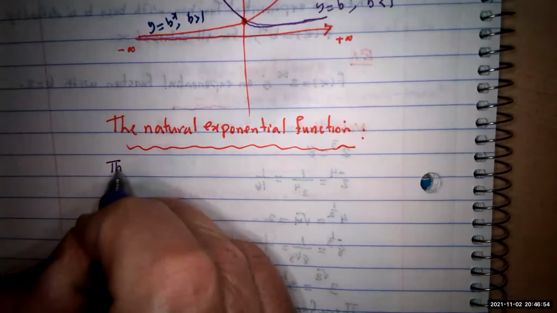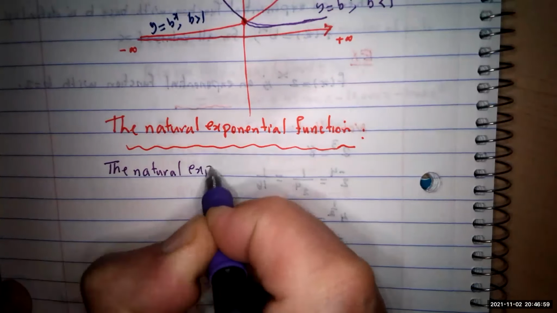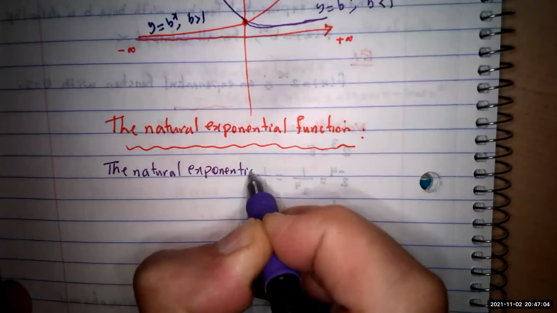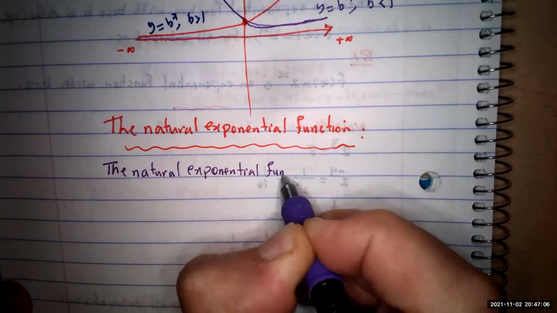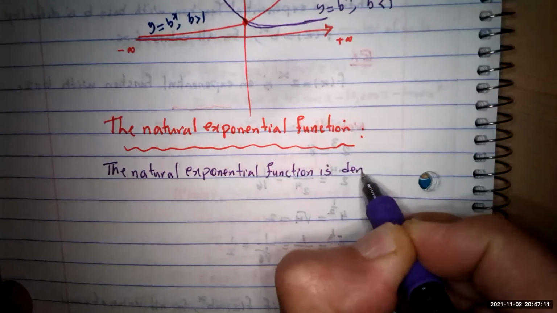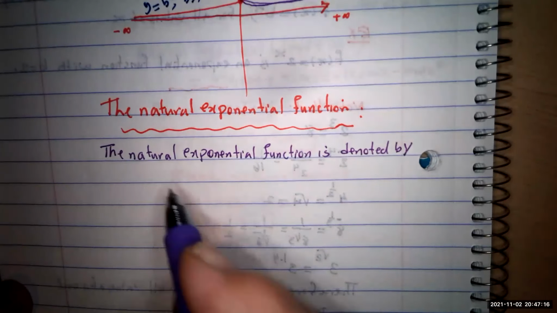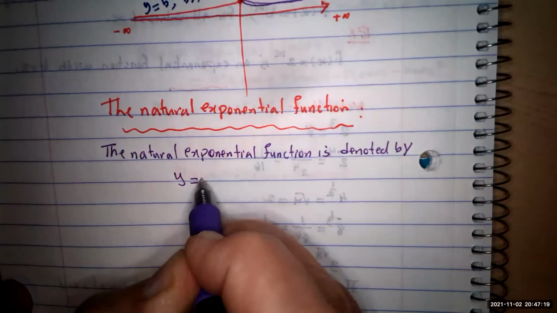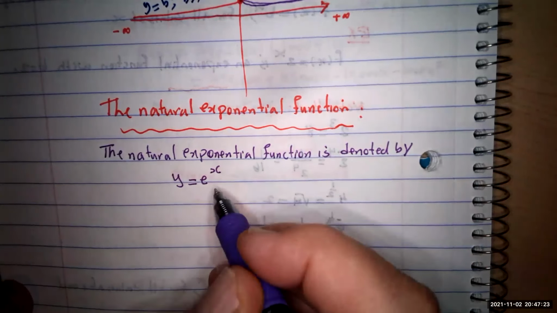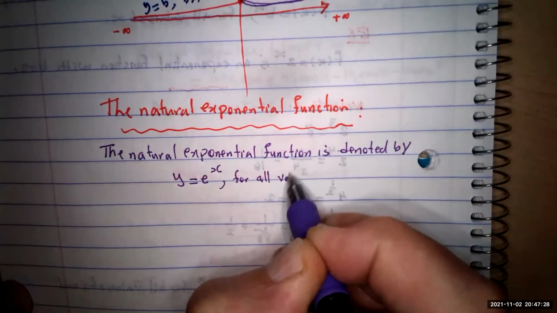The natural exponential function is going to be denoted by y equals e to the x. That's it. e to the x, again for all values of x,